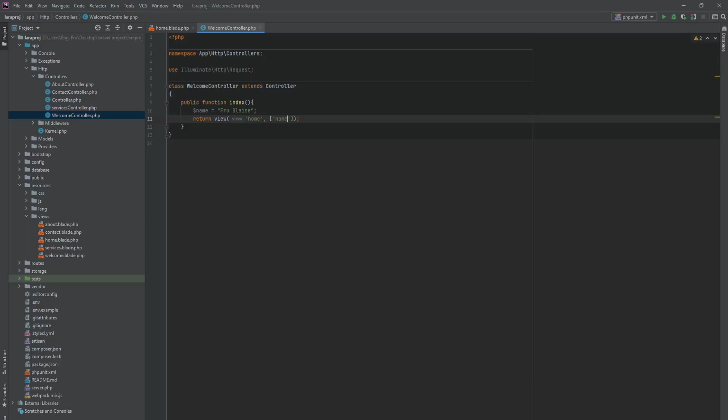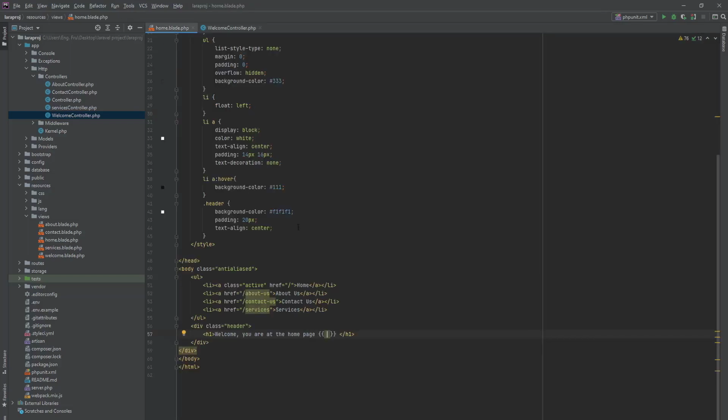I want to send name, and the name is this name variable here. So we say I want to send a variable called name, and this name's value is in this other variable called name here. So whenever I want to send this name, it's going to look for the value of this name and come and display it here. Okay, so now when I go to my blade, that variable is automatically made available in